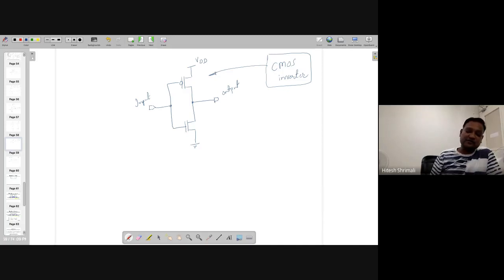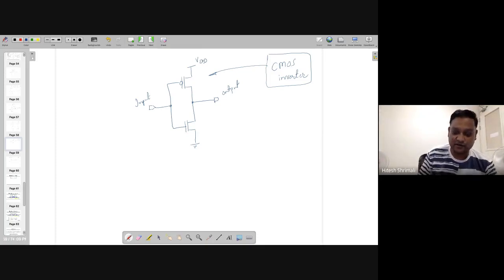The good part of this one is you can have a very good noise margin. We'll talk about this, maybe if you don't understand noise margin high, noise margin low. Okay, just for information, from BTech Electrical, have you studied the following things? If I'm writing, and you don't understand, just let me know.